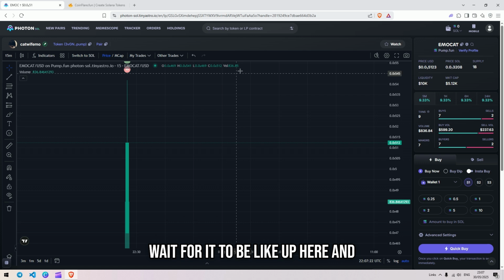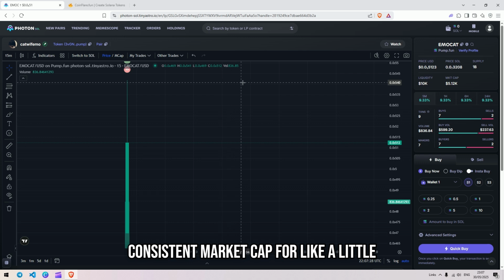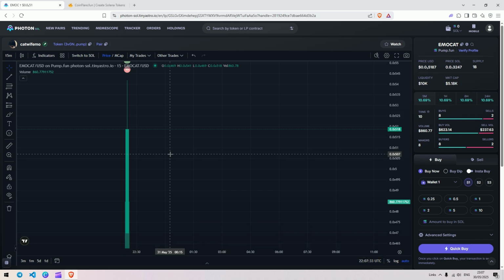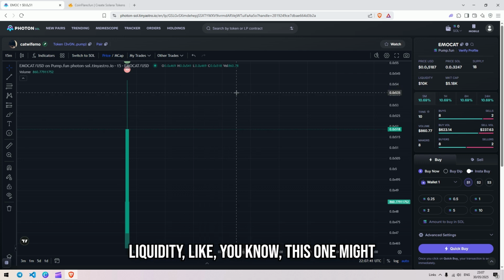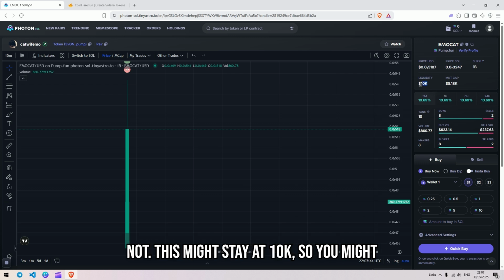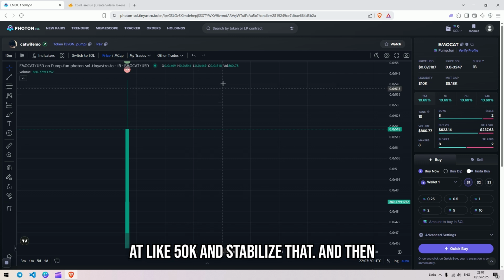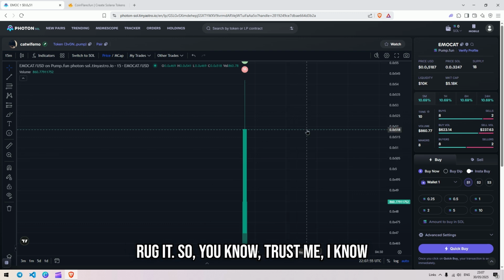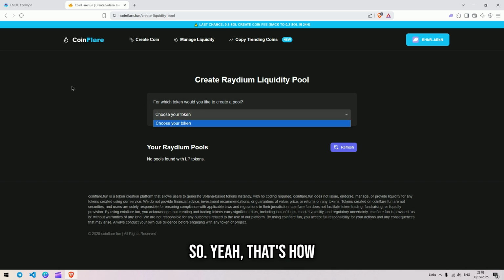You need to wait for it to be up here, and you need to wait for it to stay at a consistent market cap for a little while. If it's constantly going up and down, don't touch it, alright? Unless it skyrockets to like $1 million, don't touch it. So once it's stabilized and it's a good amount of liquidity, this might stay at 10k, so you might want to rug it then, but yours might be at like 50k and stabilize there, and then that's when you want to rug it. Trust me, I know what I'm talking about. So yeah, that's how you make your coin